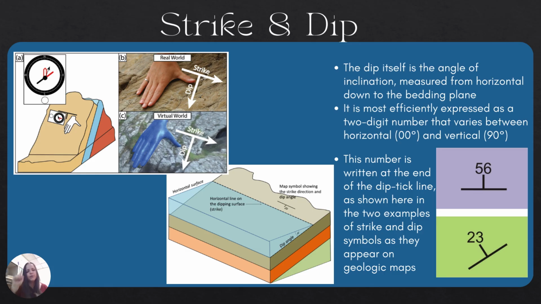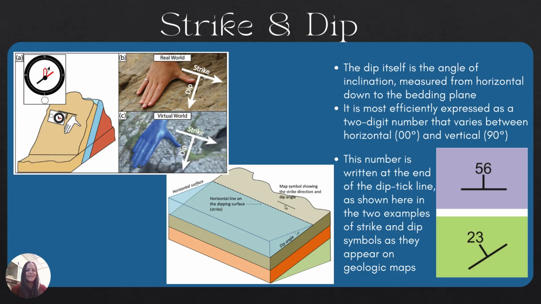So let's look at that in a little bit more detail. So strike and dip is here, and it's showing you the right hand rule. You're looking towards the right, or if you put your hand down on the material that is dipping, it's your thumb that is pointing in the direction. So use your right hand and your thumb is pointing in the direction of strike. Okay, and you would get that measurement, and then you would get the dip measurement, which is the angle that it is tilted at. Right, so we express this so the strike is known as the horizontal, and then the vertical is the dip, and we